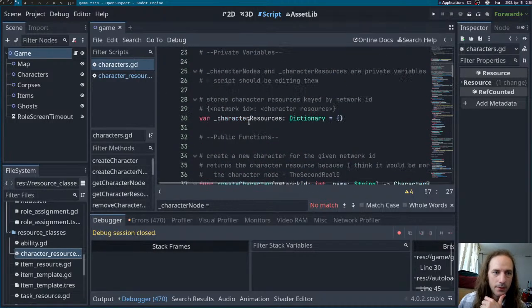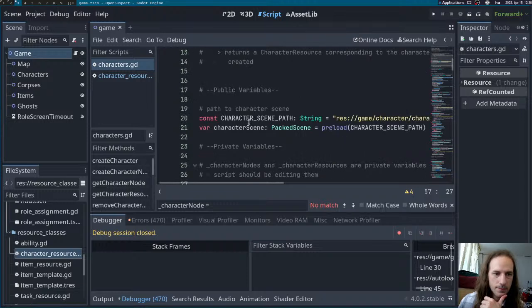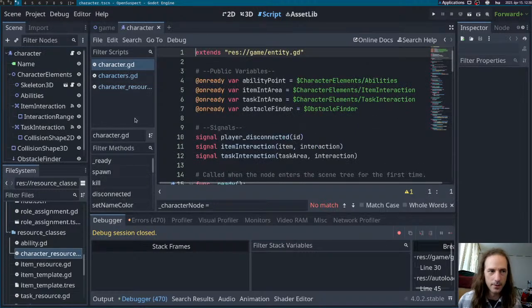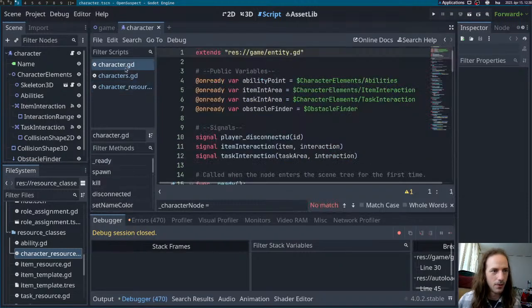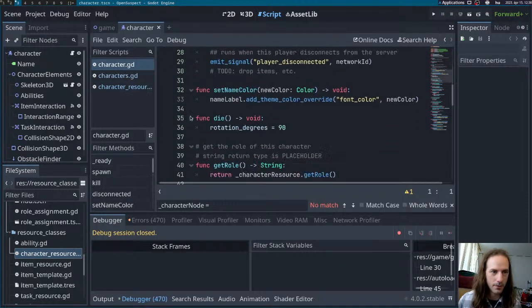And of course, character scene is this based on entity instantiated. So a new character node that's set character resource. Sorry, movement params. Okay, so when we go to set character resource, so this of course cannot follow it. But we have set